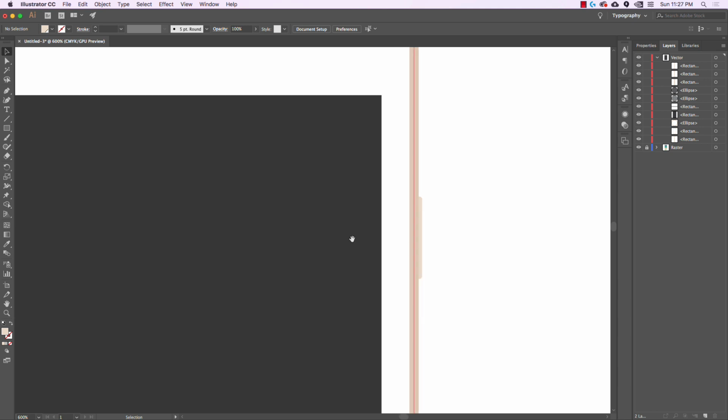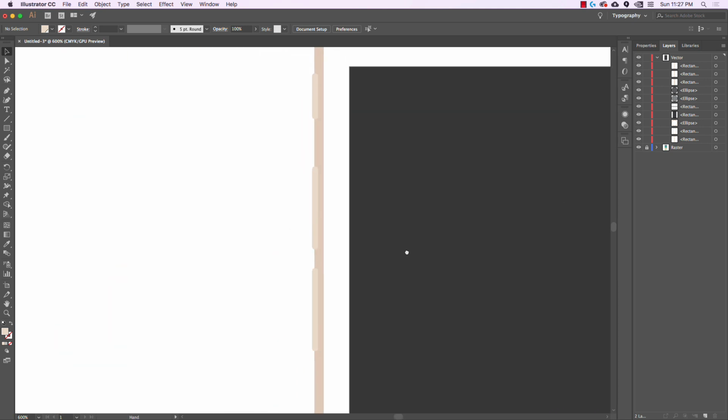Let me show you a second way to do that, which works just as well. So these buttons have the same issue. I'm going to select them with the selection tool by clicking on the first one and then holding down shift and clicking on the other two. So I have all three of these selected. And again, you can see that these are on the top of the list over here. And so that's making them come in front of the bezel, which is down here close to the bottom of